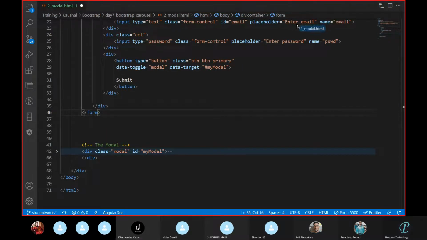Scroll. Anybody have an idea how to reduce this? Dharmender, do you have an idea how to reduce this one? It came in full screen. So double click. Double click, sir. Where? Anywhere on the top.